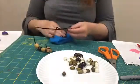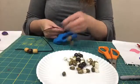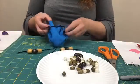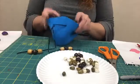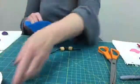All right, so I have my little drawstring bag that I have made, and I have my little beaded decoration. When I have all my rocks in it, I'm just going to tie it in a bow, okay? But we've got something that we need to do in here first. We need to make our Tic Tac Toe